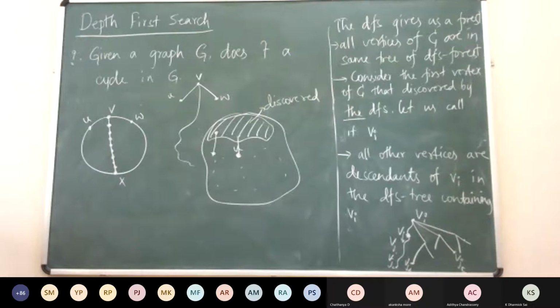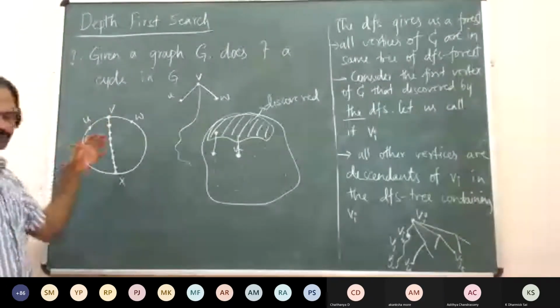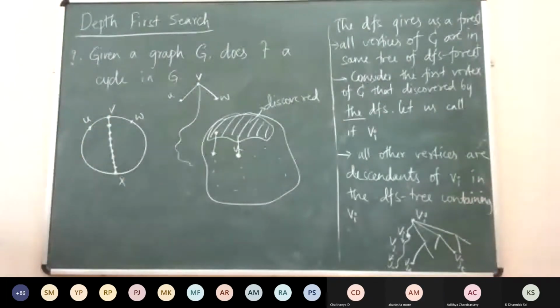If you add back a new vertex and connect it to two vertices in the tree, then what happens? It will always result in a cycle, right? Which would mean, what will that mean? One is a non-tree edge? Yes. Okay, so that would mean that since it will no longer be a tree, one among the edges will be a non-tree edge. Is that fine? So is that proof okay?